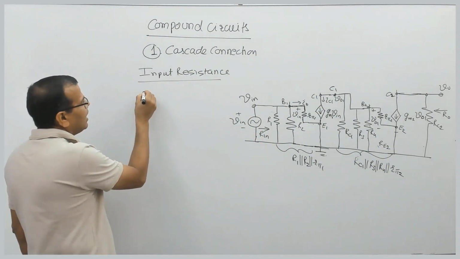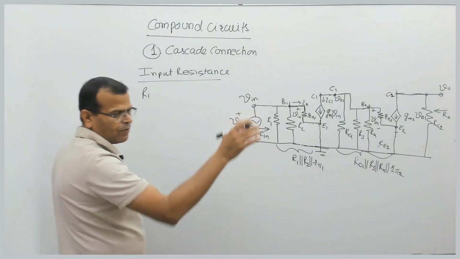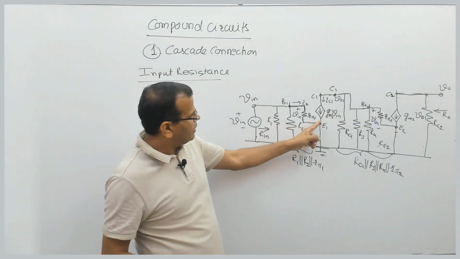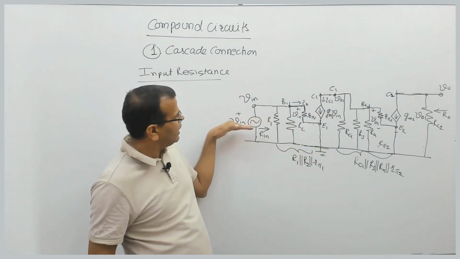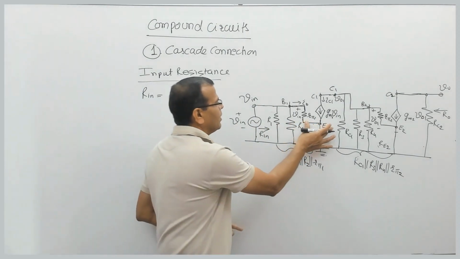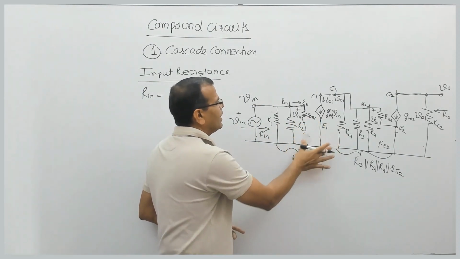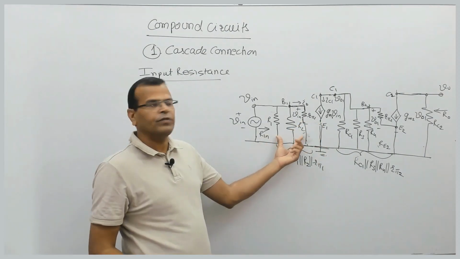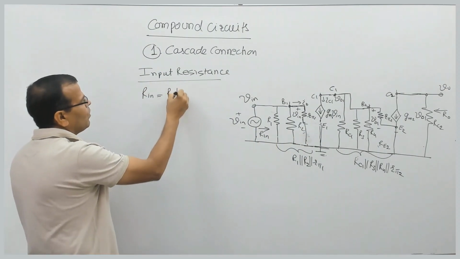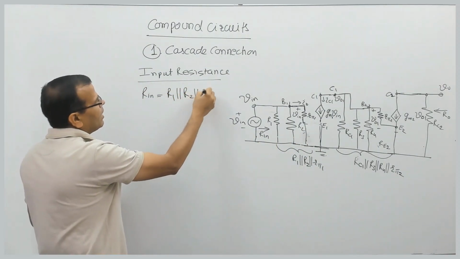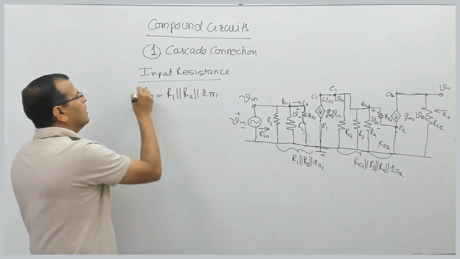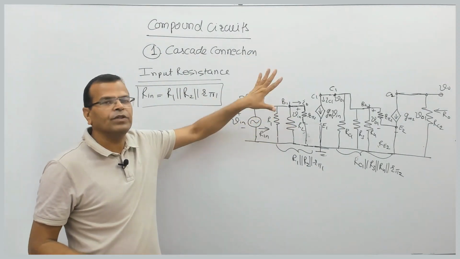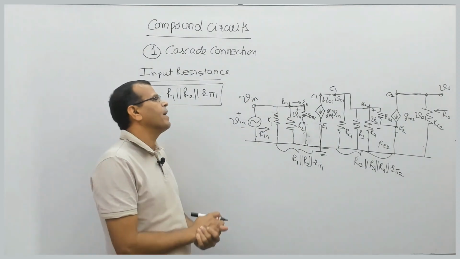So the input resistance Ri seen from this side, or Rin, is this: this point is grounded. So when you see resistance from here, you can take it like this, because that is grounded. Whether you take it from here or from here, it is a parallel combination of three. So the input resistance of this circuit is R1 in parallel to R2 in parallel to R pi 1, that is the input resistance of BJT1. So this is the input resistance of this circuit. Now see it carefully.